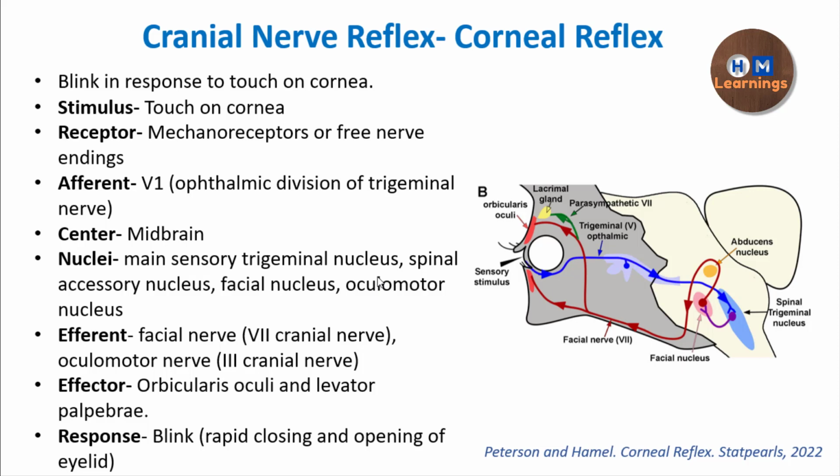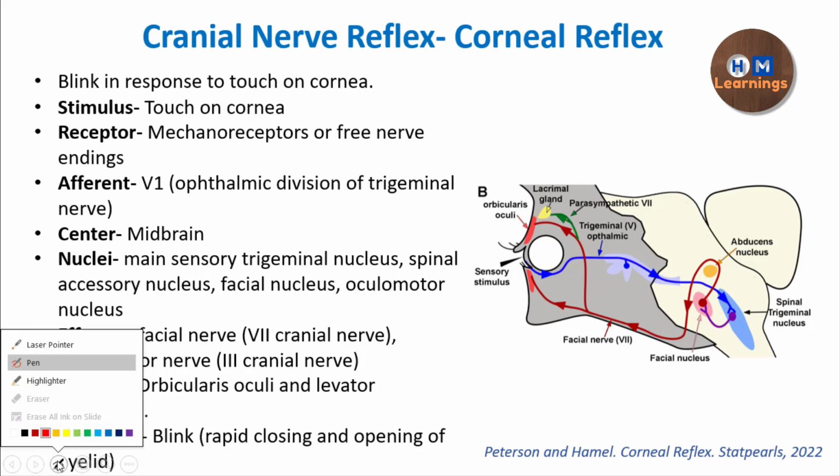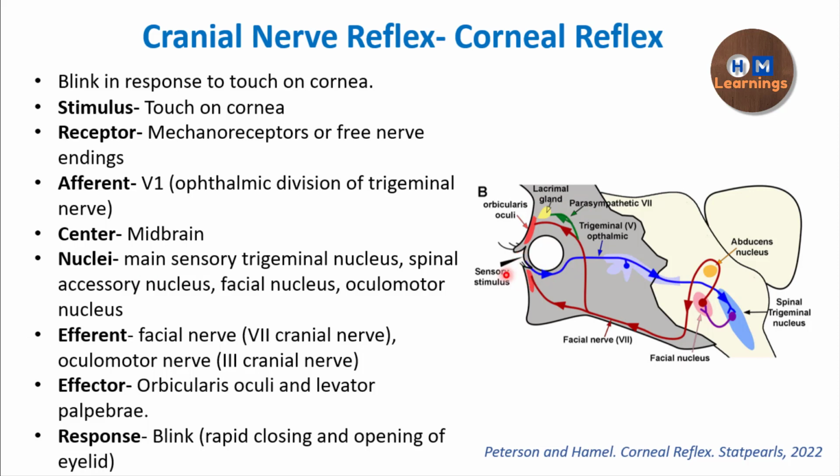So we can start looking at this diagram to understand what is here. I'll just turn on the pointer. Okay, so this is the stimulus, a sensory stimulus, which could be touch, which could be light, or any foreign body touching the cornea. This is the lining present over the eye, which is the cornea, and from here this is activating the mechanoreceptors. The sensations are going to be taken up by the sensory neuron, which is the trigeminal nerve, the ophthalmic division